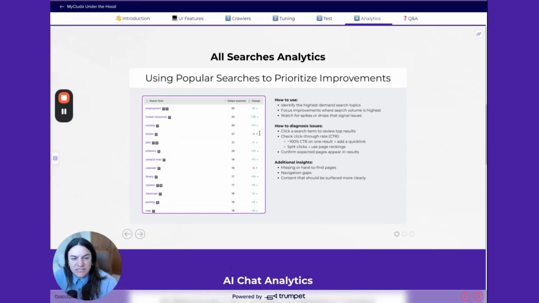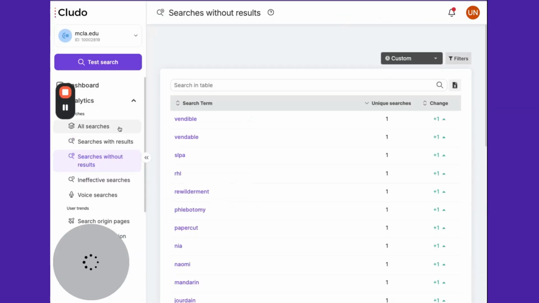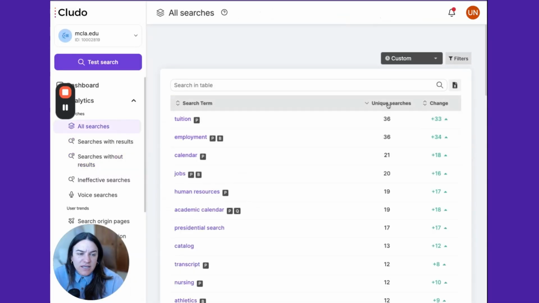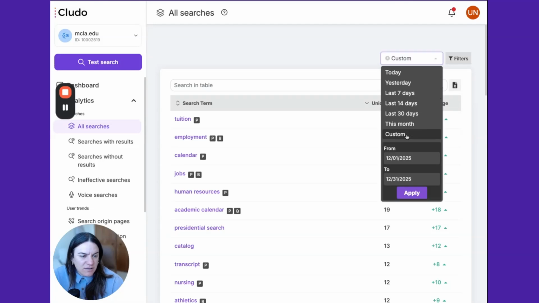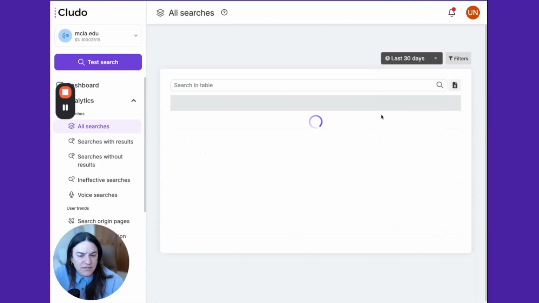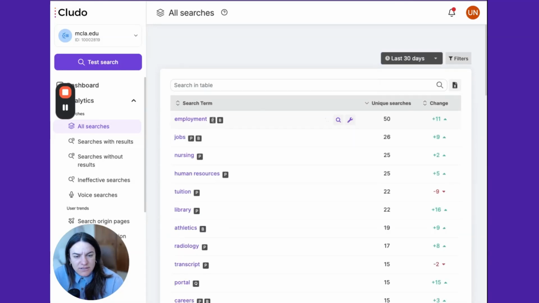For all searches in our analytics, I have a few options here too. I first and foremost like seeing what is popular, what are people looking for, and a lot of times the top searches for our clients will have these little icons behind them because tooling has been set up to address them and to make sure that they're accurate. So if we go into all searches, I'm actually going to do the last 30 days so that you can see the same